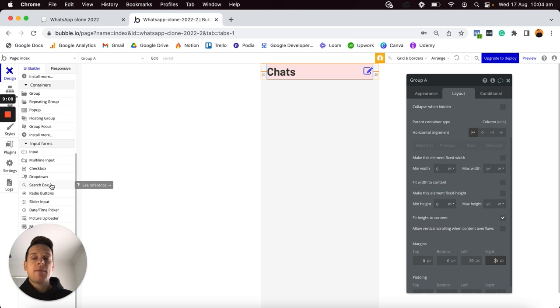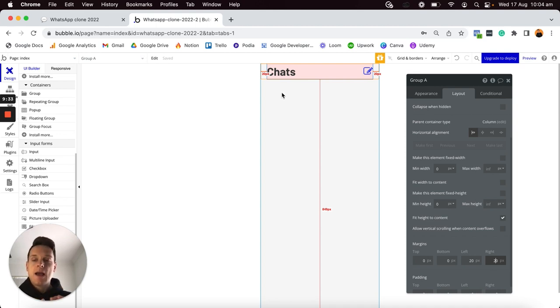And while that element is quite helpful for some instances, and we will be using it throughout our build today, at this point in time, I'm actually just going to choose to add in a regular input field, and I'm going to make this look like a search box. And the reason I'm doing this is because I don't want the functionality of a regular search box for this particular field. I want it to function more like an input field, where someone can just type in a value,